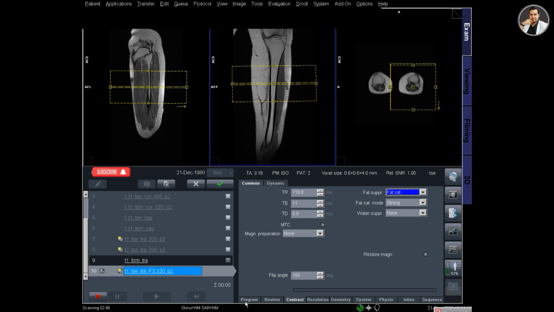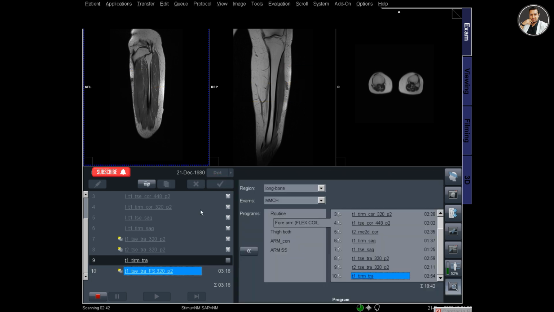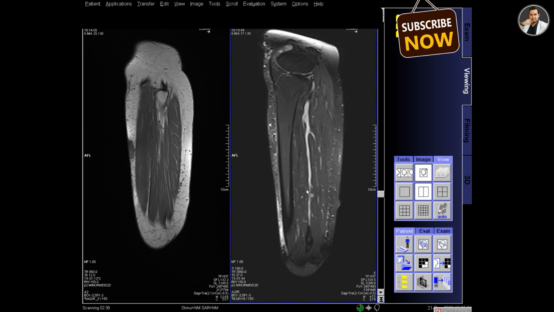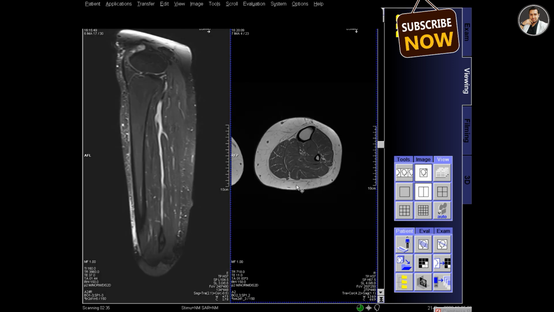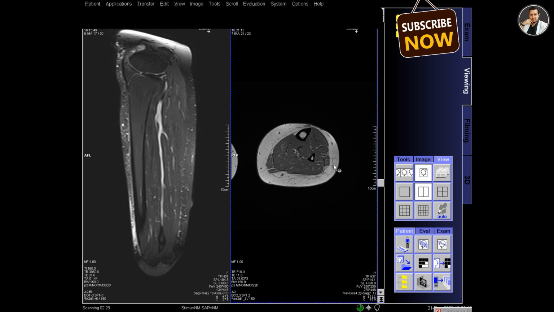This protocol I made for the post contrast transverse sequence, and then click apply. Actually, the sequence I made was the pre-contrast T1 fat set transverse, and I will compare.